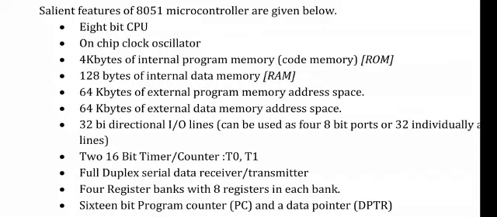It has 128 bytes of internal data memory that we can use non-linearly. We can use it randomly. We can store at some address and then another address. Sequential storing is not required, so that is why it is a random access memory. We can store it randomly, we can read it randomly, and it is a volatile memory. So it is erased when you switch off the system.